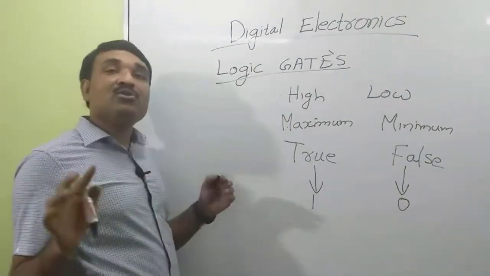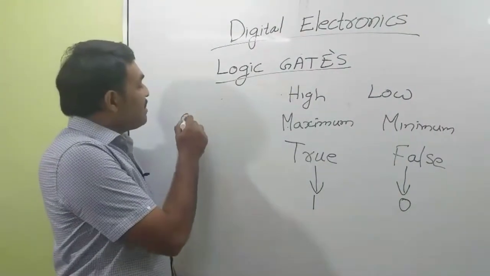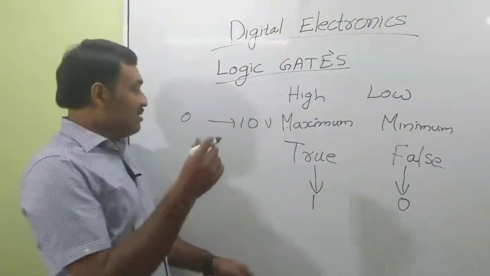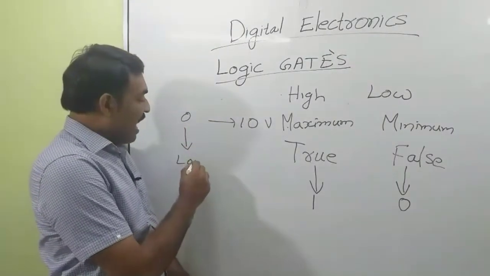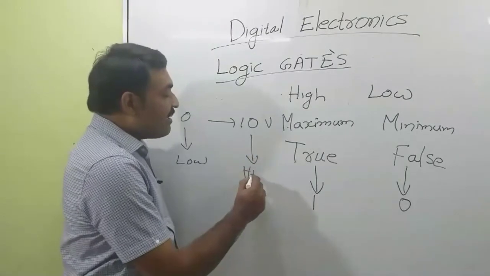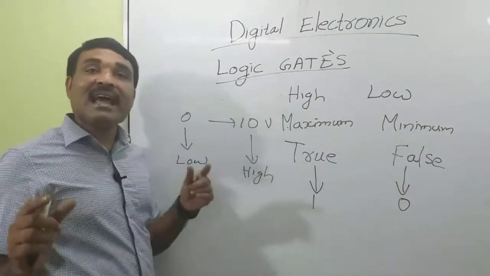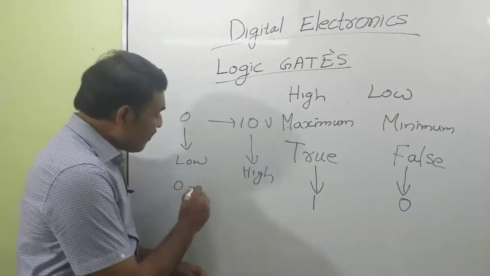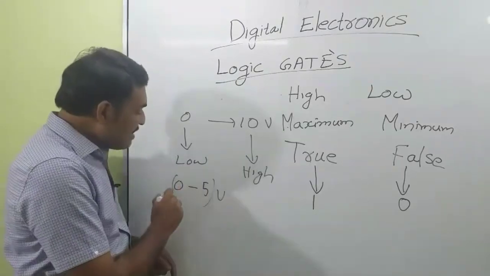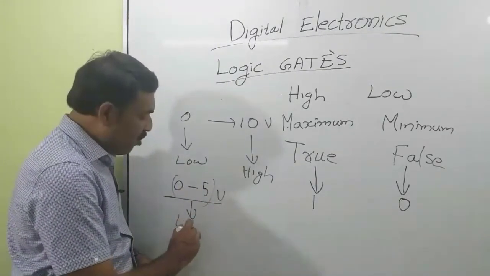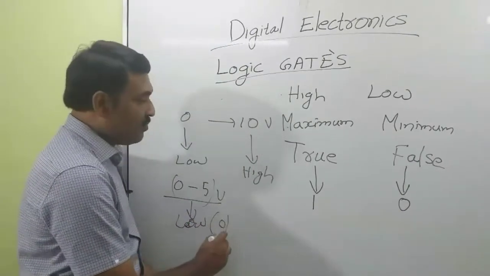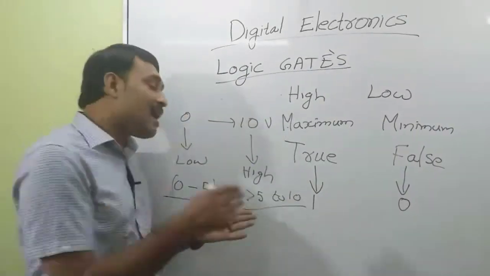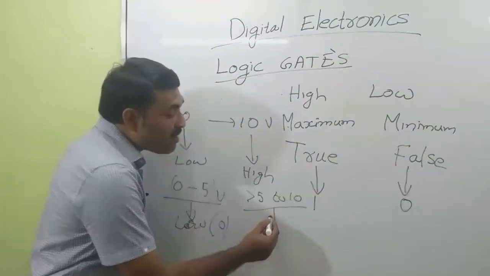Suppose in a circuit we have two voltage levels, say 0 to 10 volts. Then how can we consider a low or a high level? 0 may be low and 10 may be a high level. Or we can fix a range for low and high. Suppose the voltage in the circuit is in the range 0 to 5 volts. This level can be treated as low or logic level 0. Voltage greater than 5 up to 10 volts can be treated as logic high, corresponding to 1.